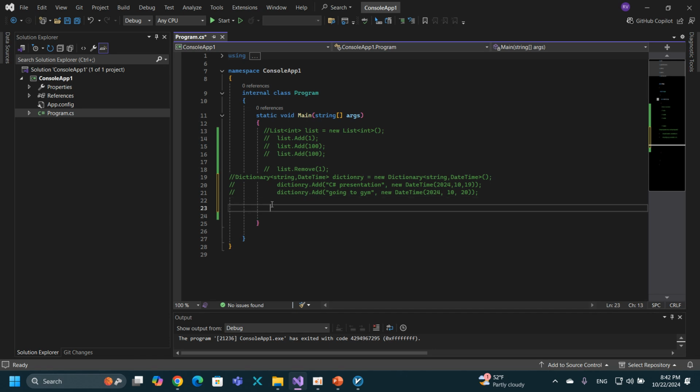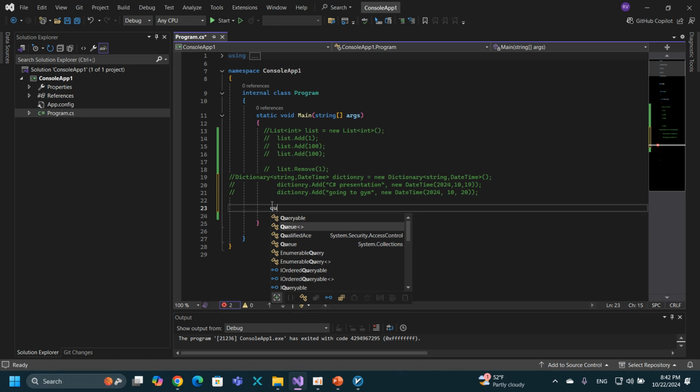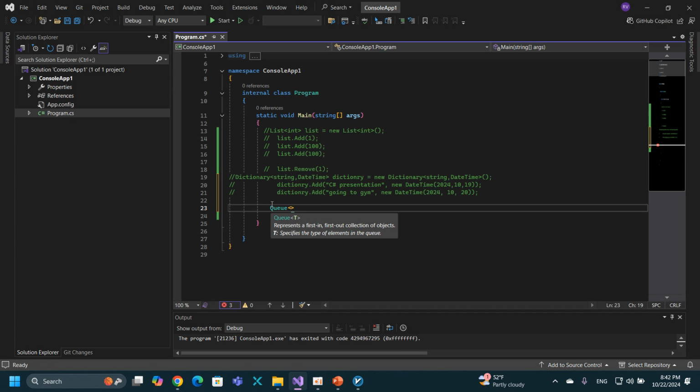And now I want to talk about queue. We want to use a queue to manage tasks in the order they should be completed. This queue follows a first in first out approach. And for creating a queue, I want to have string,